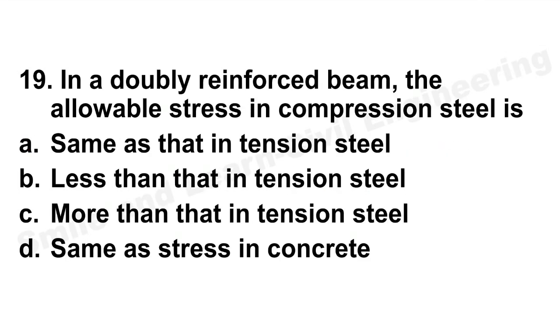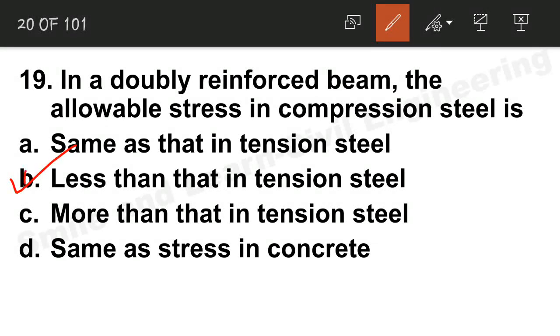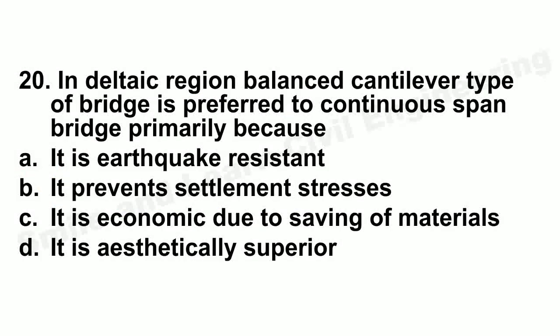In a doubly reinforced beam, the allowable stress in compression steel is less than that in tensile steel. Okay, since it is a doubly reinforced beam. Next question, in deltaic region, balanced cantilever type of bridge is preferred to continuous span bridge primarily because, see,